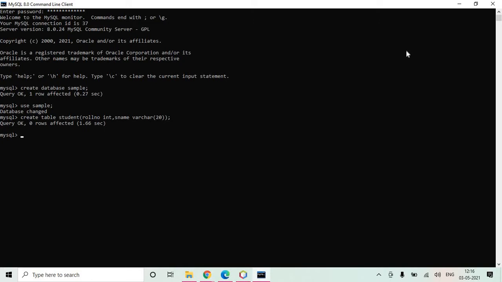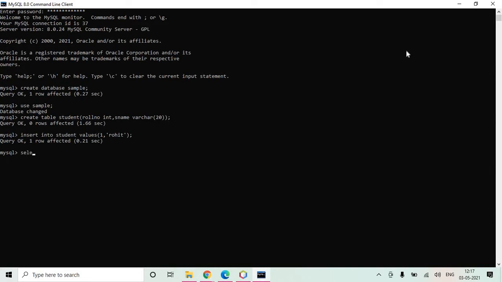Now I want to insert one row in this table, so I will write insert into student values, first is roll number 1 and the name of the student is say Rohit, any name you want. So now I have inserted one row in the table student.